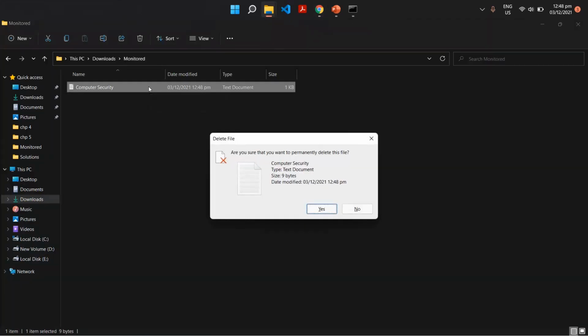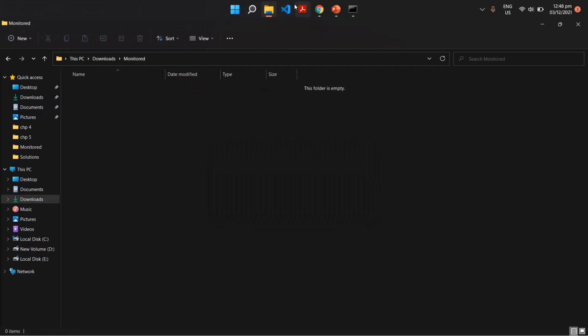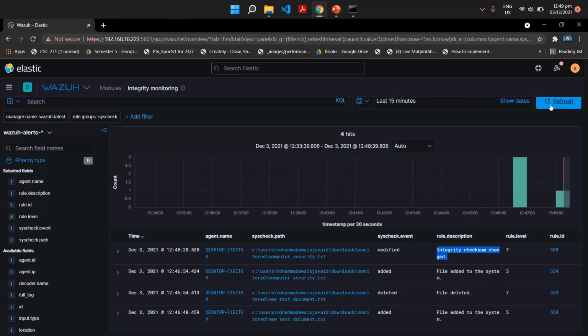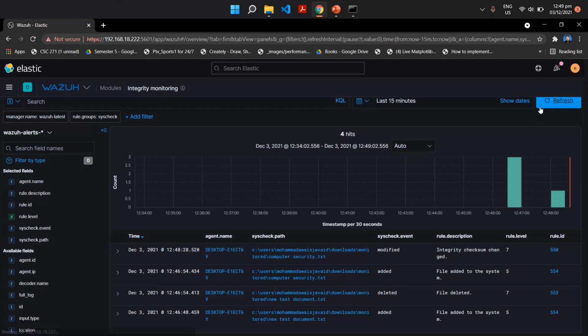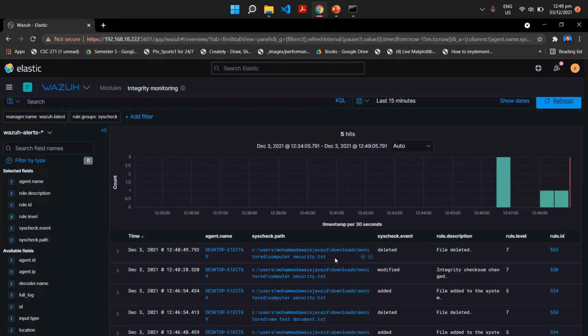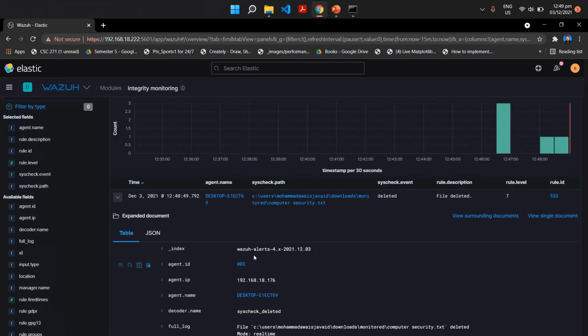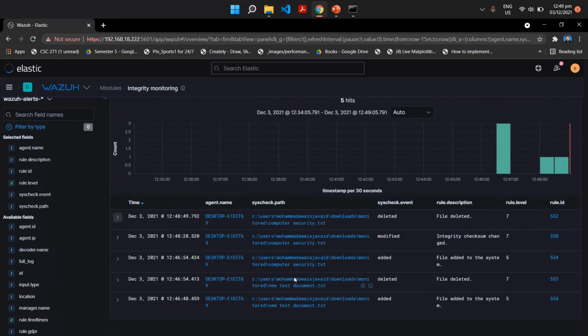And if I delete this file intentionally, and my directory is continuously monitored using Wazuh, I will see a log of this here after the modified path. See, the deleted log is also present, and if I inspect this log I can see the whole details of the log. So file integrity monitoring can be done using the Wazuh Manager or Wazuh stack.